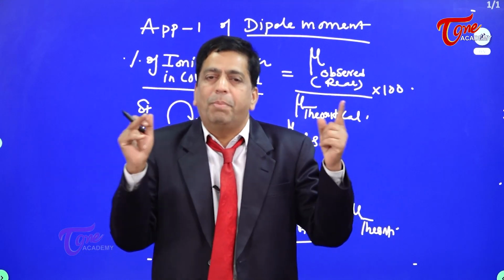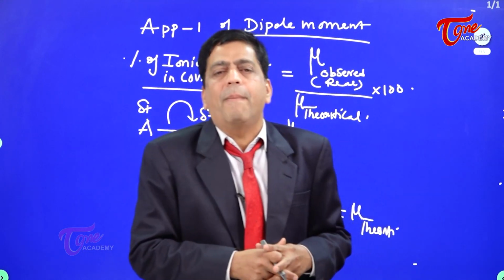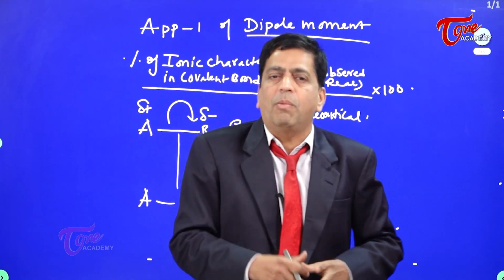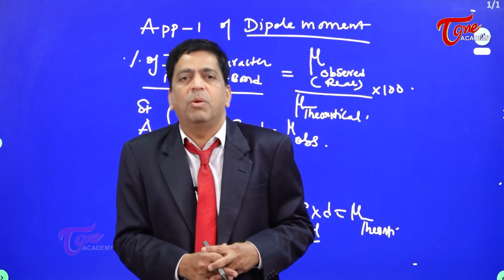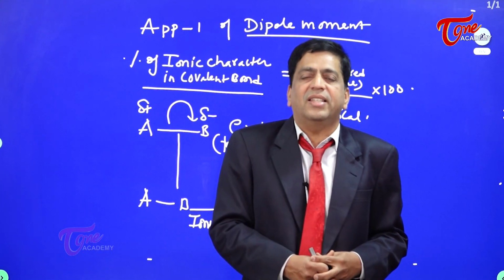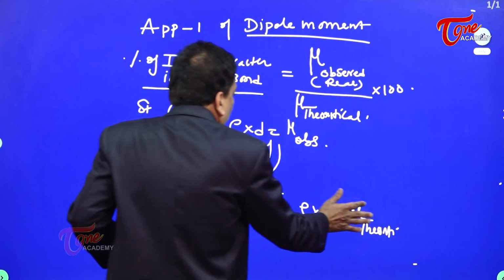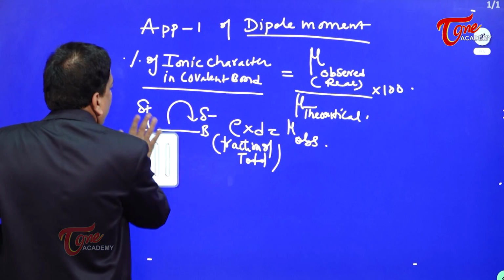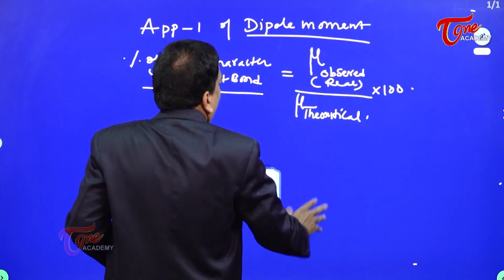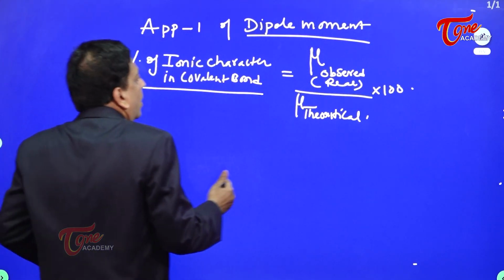You must understand. So based on this, let us see a straight problem, and I want the students to remember this problem because this will be asked in the exam and you can bank on it. Look into this problem now. I think you understood what is mu observed and mu theoretical, right? It is simply,